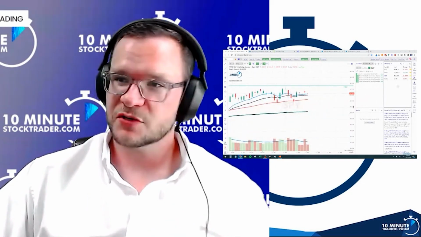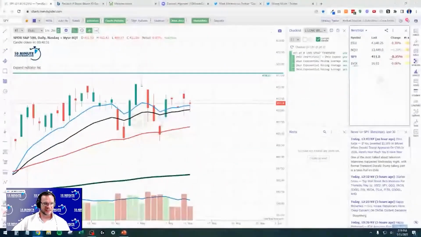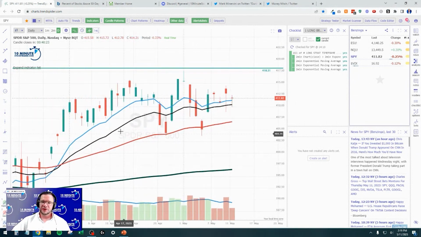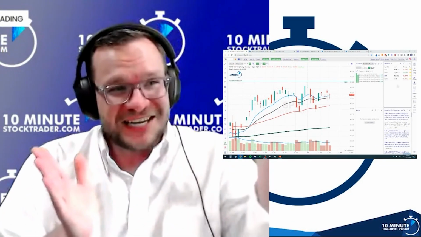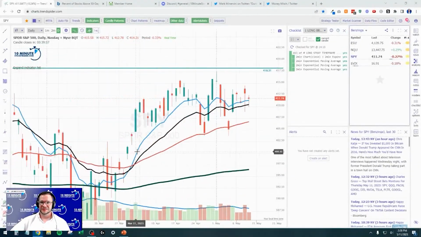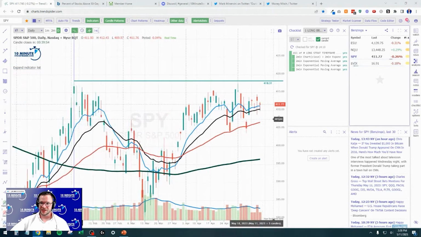Now, I mentioned this morning in the Discord, this is still intact. The 10-day is still over the 20-day. Price is still over the 50-day, but this is a weak trend. What I mean by that is look at the distance between these points. Look at the 10, look at the 20, look at the 50. See how they're spread apart? They're three lines spread apart, and as you can see, they're getting closer and closer. That's not bullish. We want to see those expanding. We want to see that growing for a strong trend, and we don't see that. And as you can see, price is just not going anywhere.